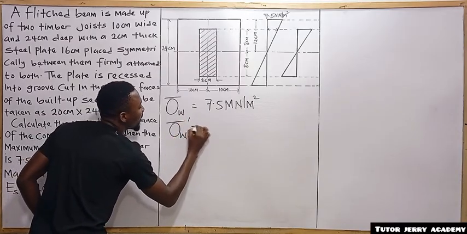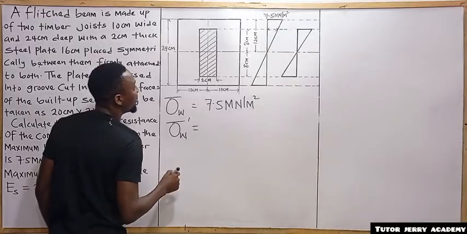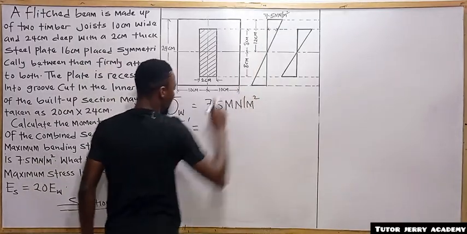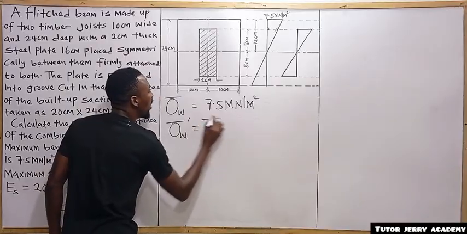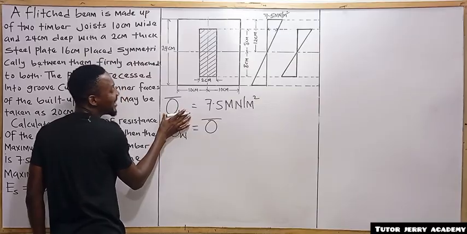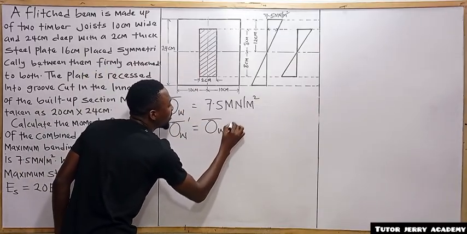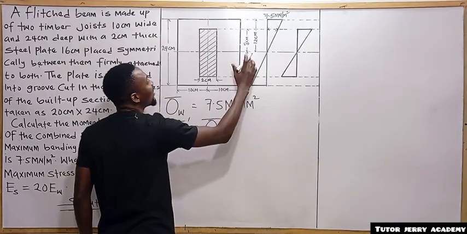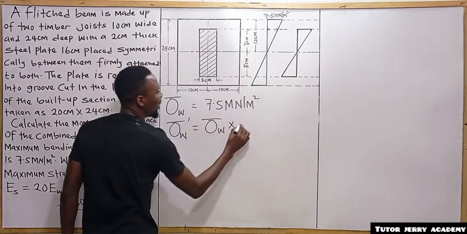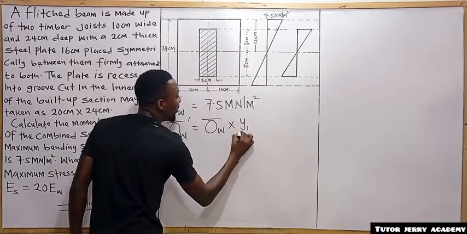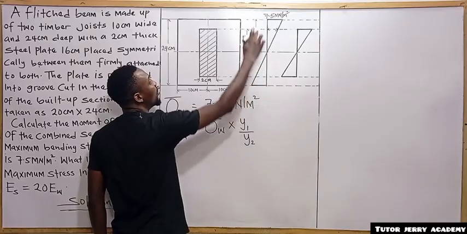So this stress that we want to calculate is at 8 centimeter from the neutral axis, and it is at this point. So this is going to be equal to the maximum stress in the wood at 12 centimeter from the neutral axis multiplied by our distance, that is from this point to this point, which is 8 centimeter, which we can say y1, then over y2, and then the distance from the neutral axis to the top here is going to